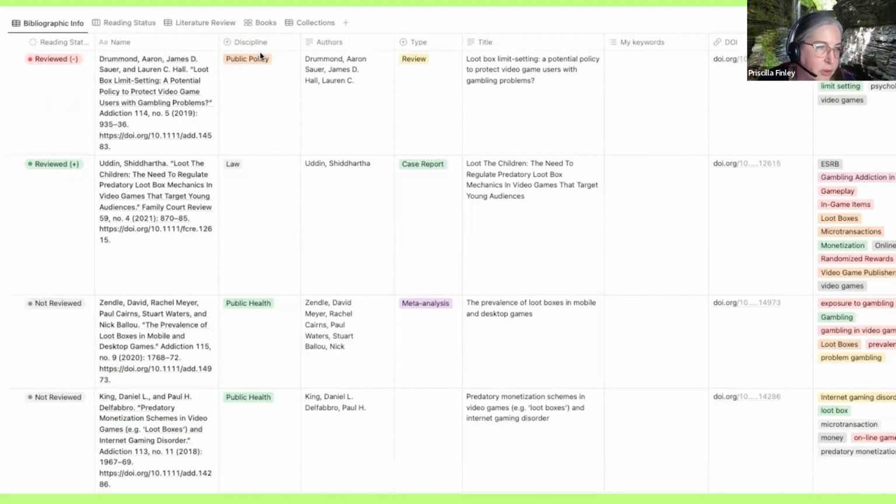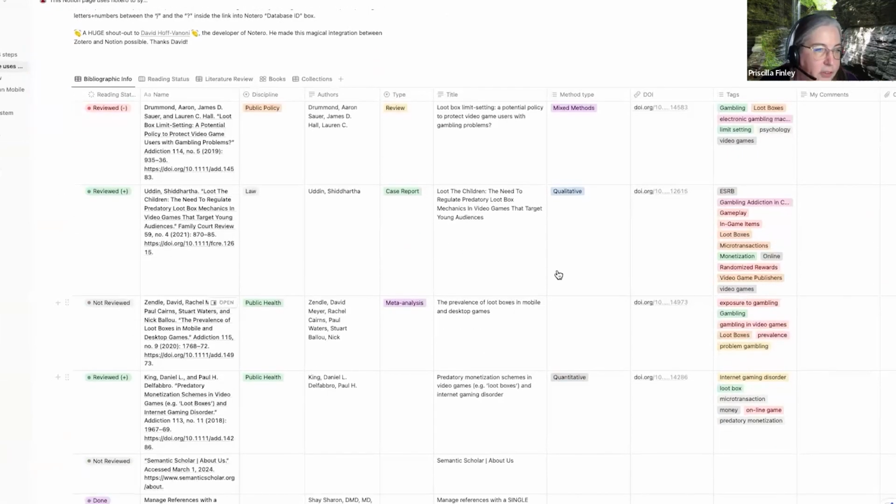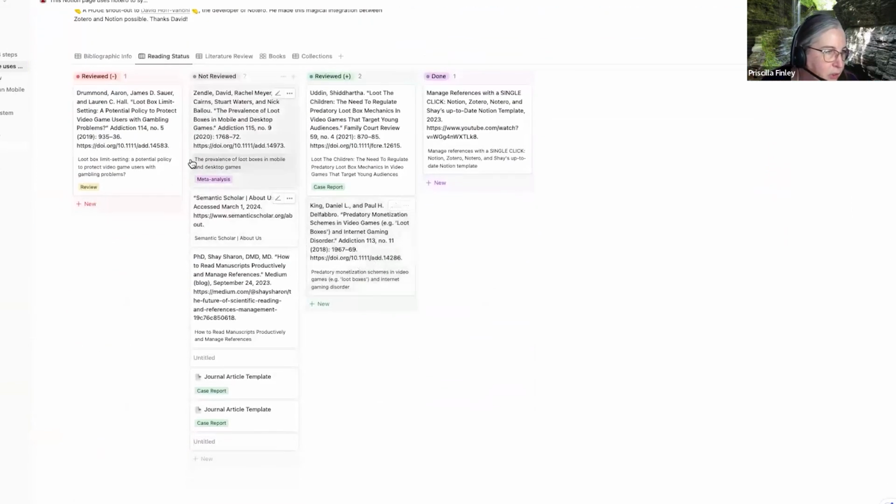and now I have a spreadsheet where I can enter the discipline, the type of article it is. I can add keywords or tags that I have determined. And it's dynamic. There are a lot of customization options. For example, I have a column here that lists reading status. So if I've reviewed it or I haven't reviewed it, I can indicate that. I can go to the reading status view in this template, and it gives me a list. These are the ones I've reviewed. These are the ones I've not reviewed. These are the ones that had a positive review. So it's another example of a